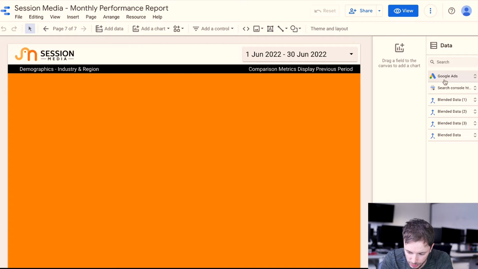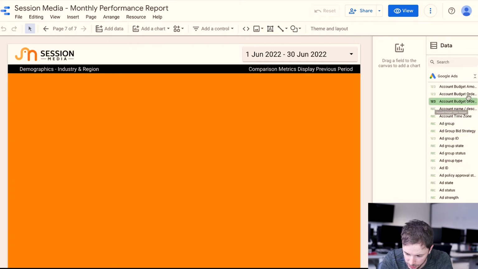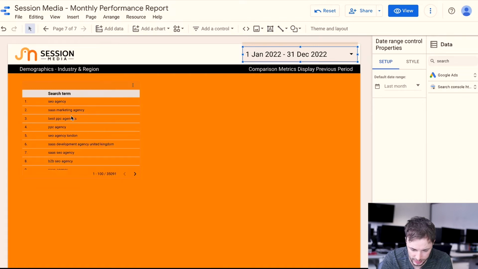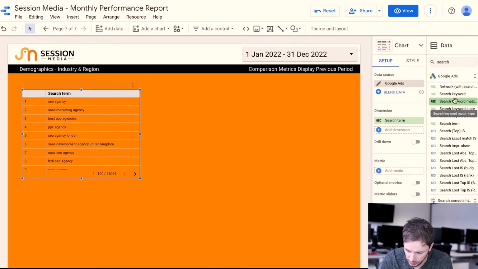So first off, let's pull through some Google Ads data. So let's pull through the search query, because what we actually care about is the search term itself. Let's set this for the past year. So we can see a couple of keywords we've been bidding on down here for one of our accounts. And within this, let's also add, so we've got the Google Ads search term here. Let's also add,